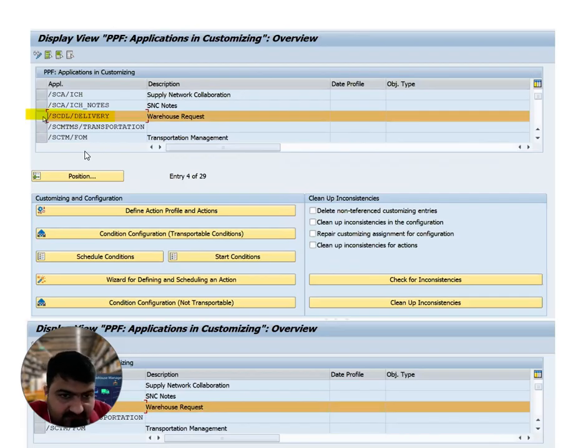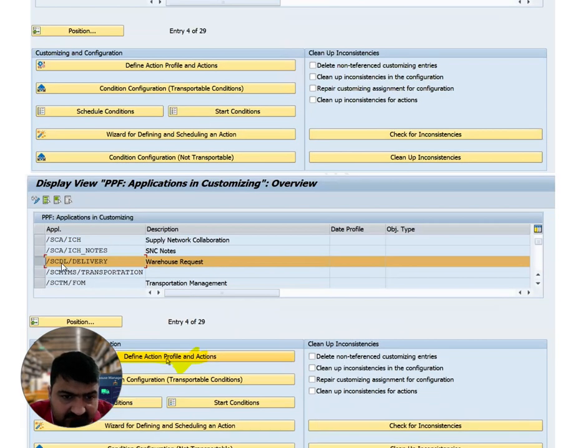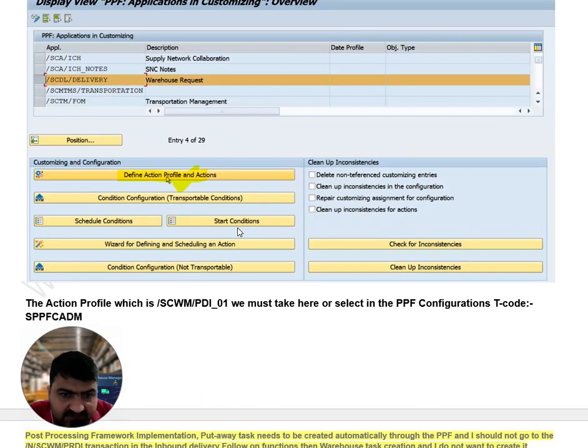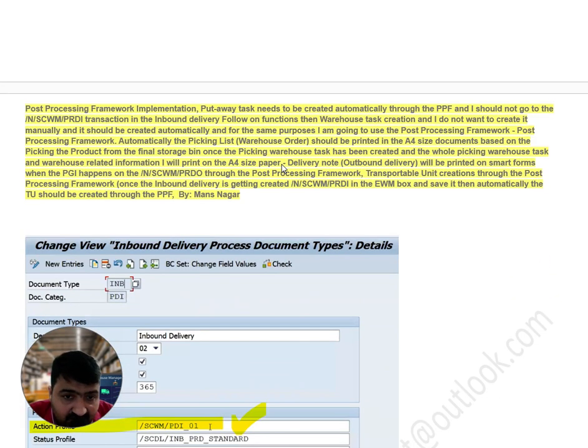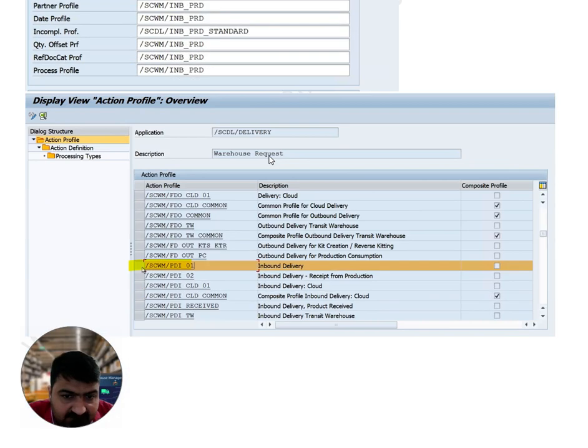That's why I selected this application. Then I select SCDL delivery, same. Then define action profile and action. The action profile is /SCWM/PDI01. We must select this in the PPF configuration T code. This is a very important configuration. Then PDI01, then PDI01 inbound delivery.